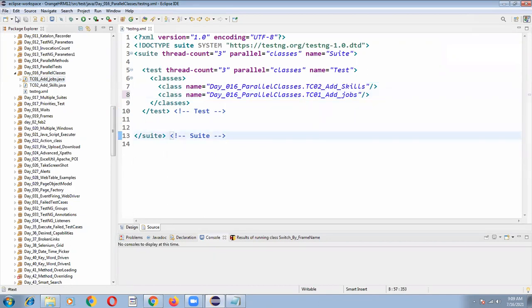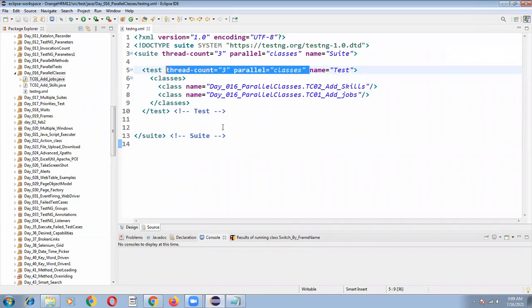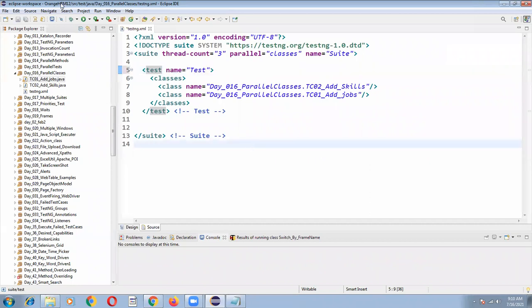So these 2 testng classes will be executed at a time. Here I'm deleting parallel is equal to classes, thread count is equal to 3, at the test level. That is not required. So your test contains 2 testng classes. First one is TC01 add skills and second one is TC01 add jobs.